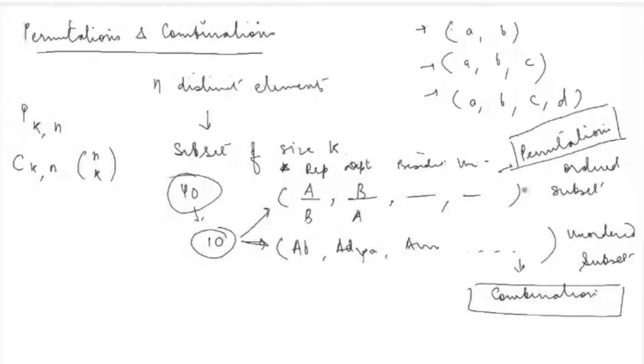Now, as I said, permutation is a way in which you are selecting an ordered subset. Say I have a group of 7 students, okay? And out of these 7 students, I want to select 3 students for 3 positions. So say president, vice president, and secretary. I have 3 positions and I want to select 3 students from a group of 7 students. Now obviously order matters, whether I am selecting student A for the first position or student B for the